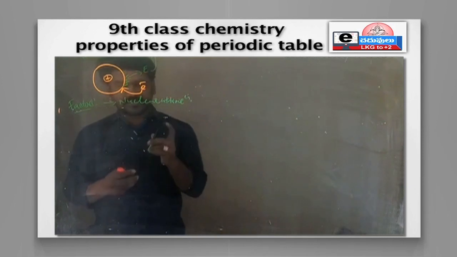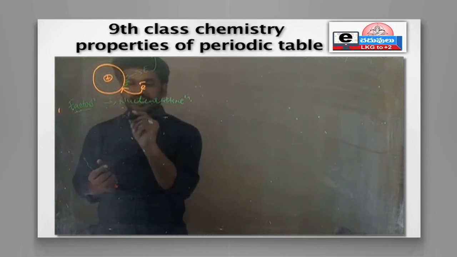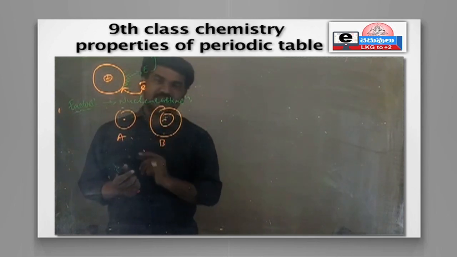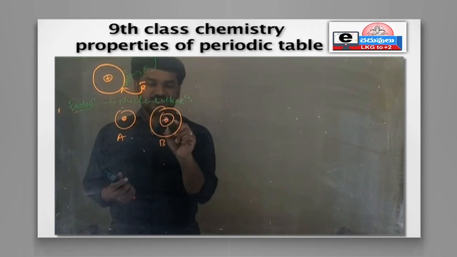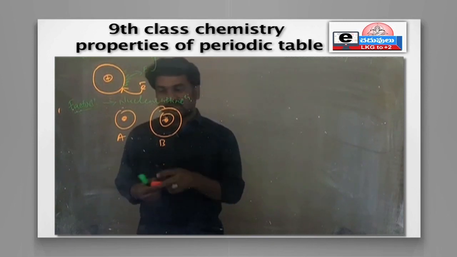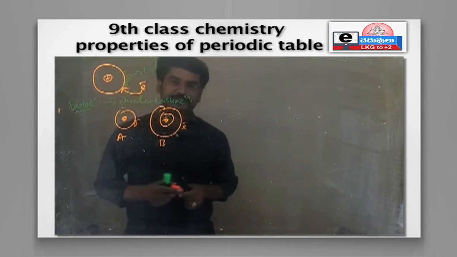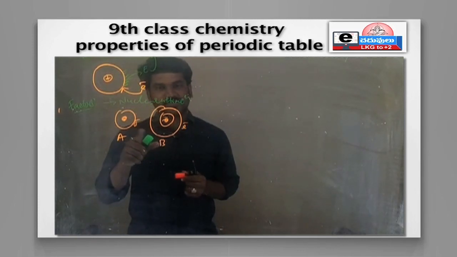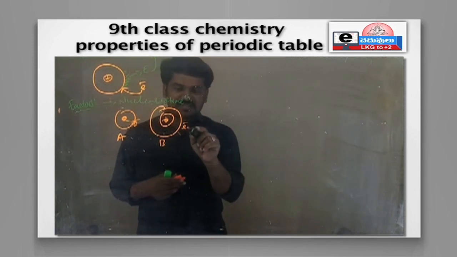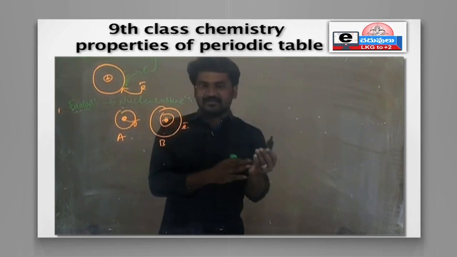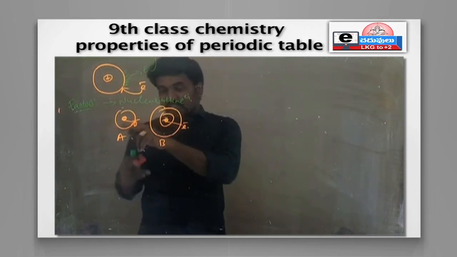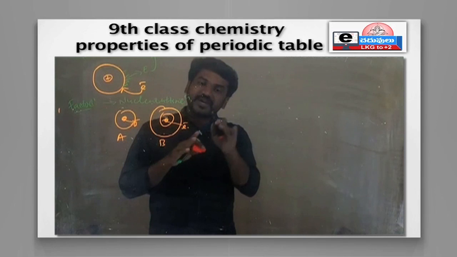Now tell me something. When we are taking atoms like this, the first atom is there, and one more atom is there. Atom A and atom B. Here the nucleus is there, and here also a nucleus is there. In both of these, which nucleus has more attraction on this electron, right? This electron is attracted by the nucleus more easily. Why? Because here the distance is less. This electron is attracted by the nucleus with difficulty compared to this one. Why? Because here the distance is more, right? So now you can say, as the distance increases, nuclear attraction decreases.